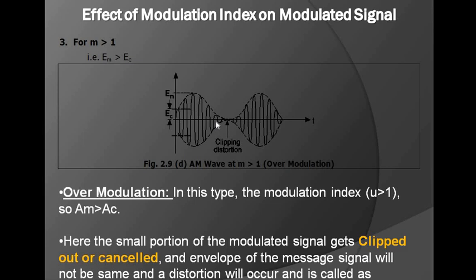So it is advisable to avoid over modulation. Otherwise the original signal cannot be recovered without distortion at the receiver side by using an envelope detector. That's the reason we mostly use critical modulation or under modulation, but not over modulation, because there may be loss of data in your modulation. Whatever message you have given may be lost.